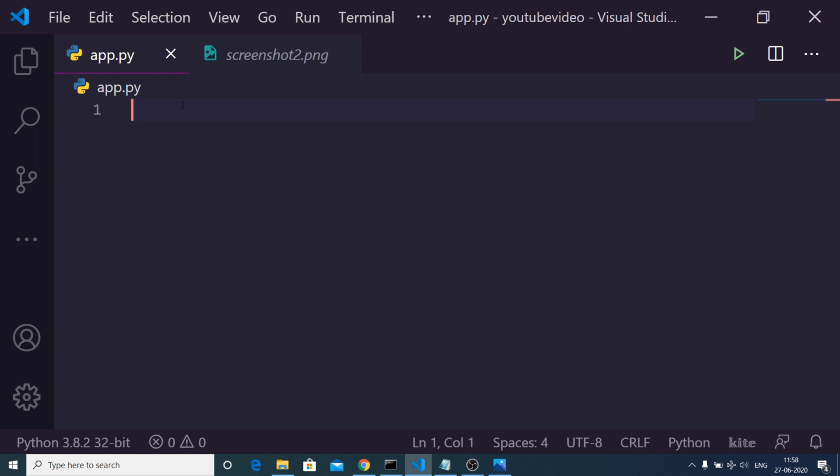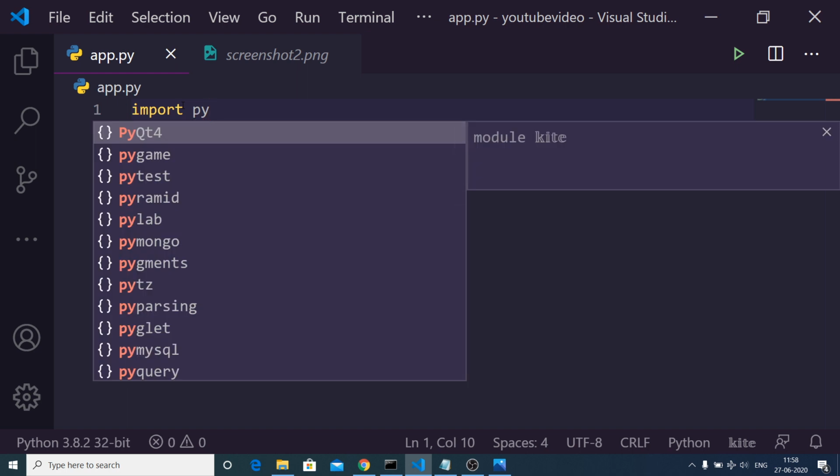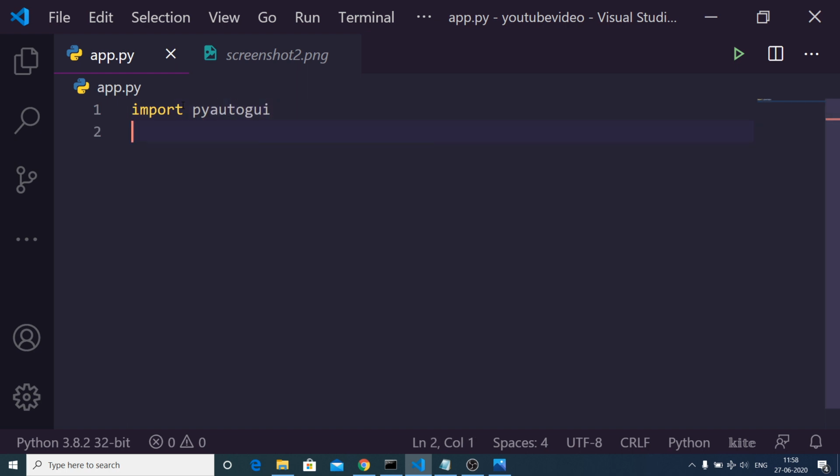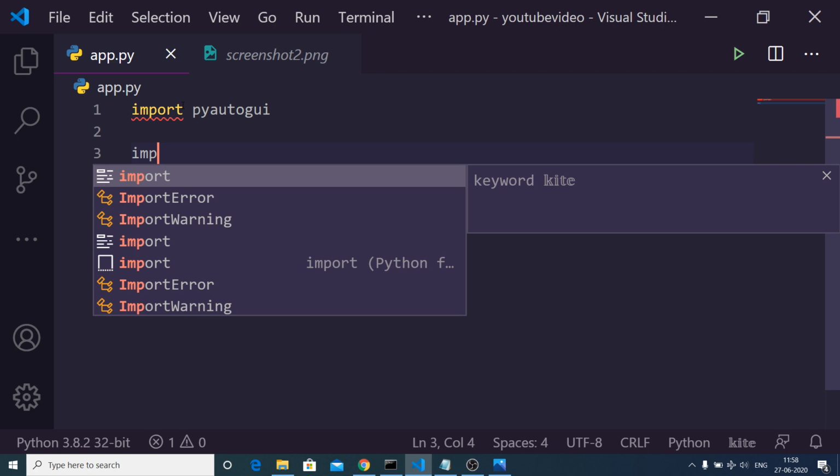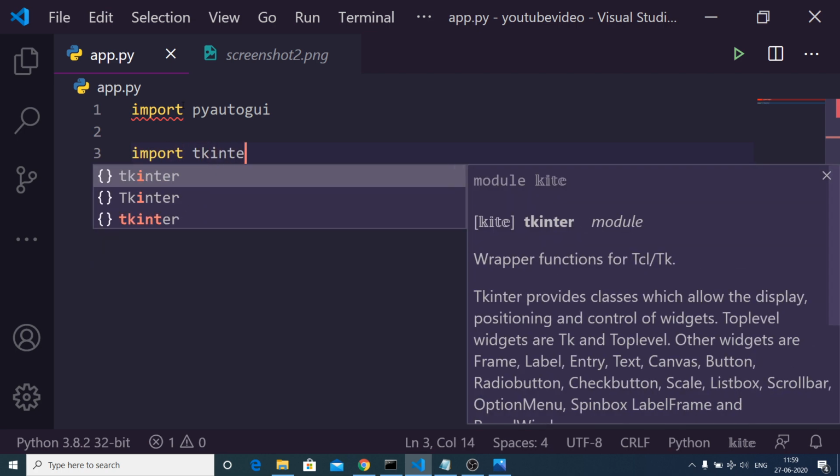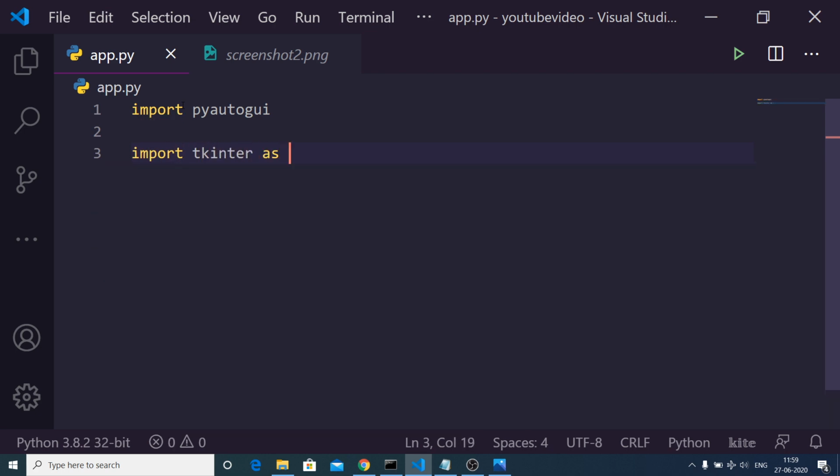Now we will be importing the libraries. Just make an app.py file. First of all, we will import the PyAutoGUI library that we have installed, and then we will import the Tkinter library as tk, just a reference.